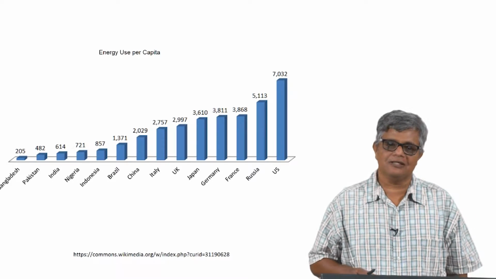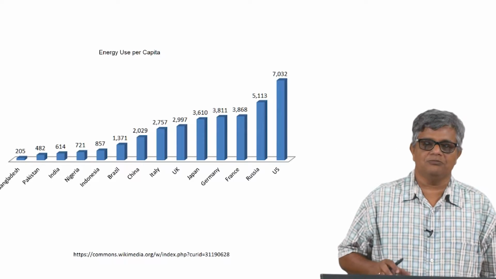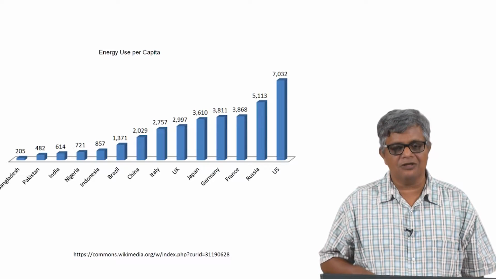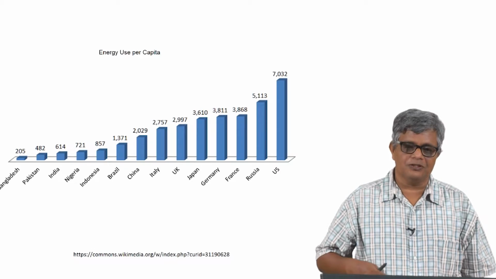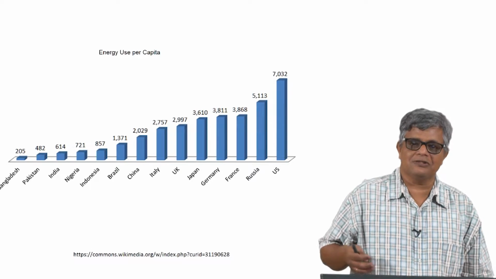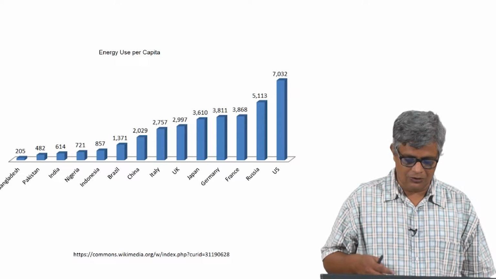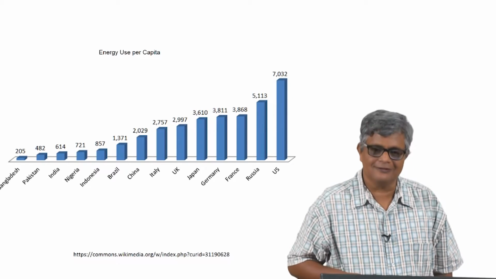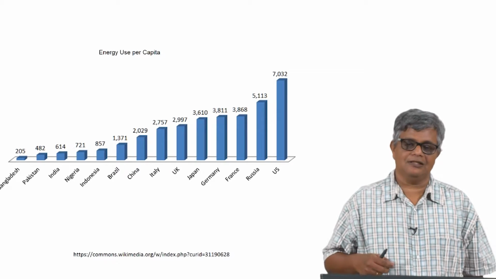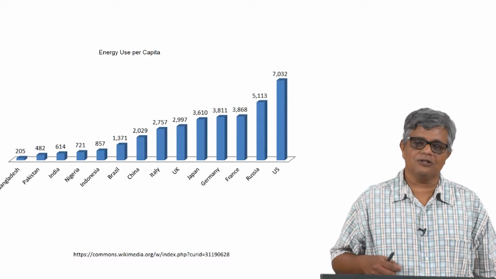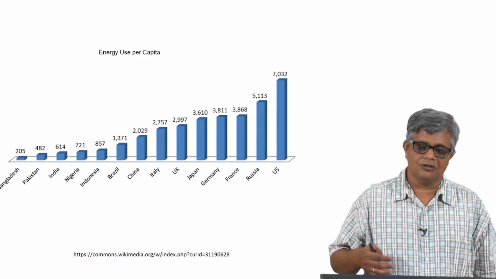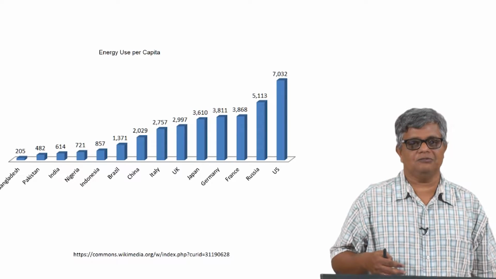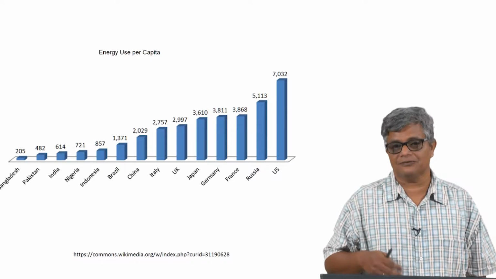But this particular demand is not uniform across the world. It has never been uniform, and even now it is not uniform. Although we are much more open and closer to each other in this world, spread all over the globe, we still have many huge disparities, and this has a very strong impact on not only the current needs of human societies for energy, but also the future needs of energy.